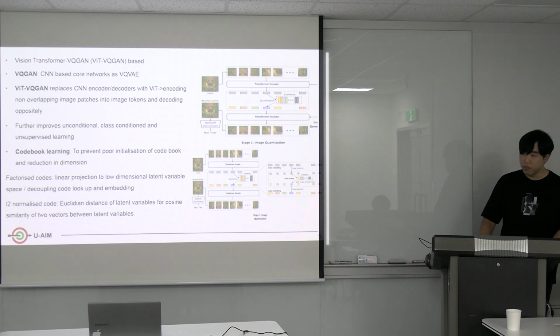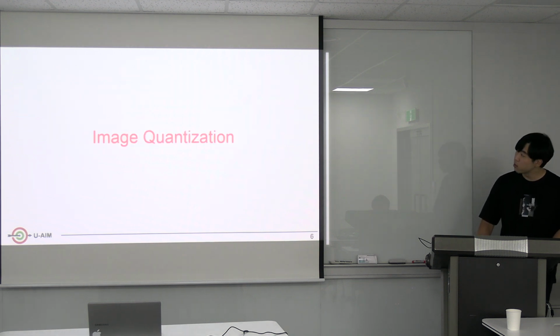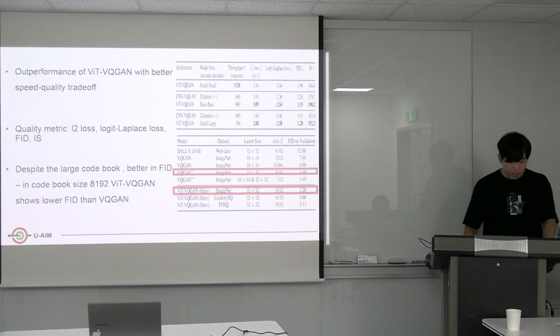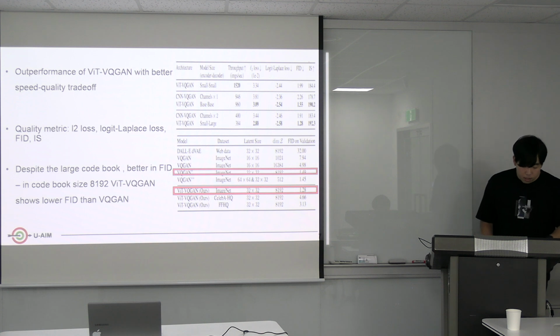Now let's go for image quantization. To clarify why ViT-VQGAN is used, this paper compares the trade-off between speed, which is the throughput, and quality, L2 and logit-Laplace losses. In the first table, in both the baseline and small, large encoder decoder, ViT-VQGAN shows less